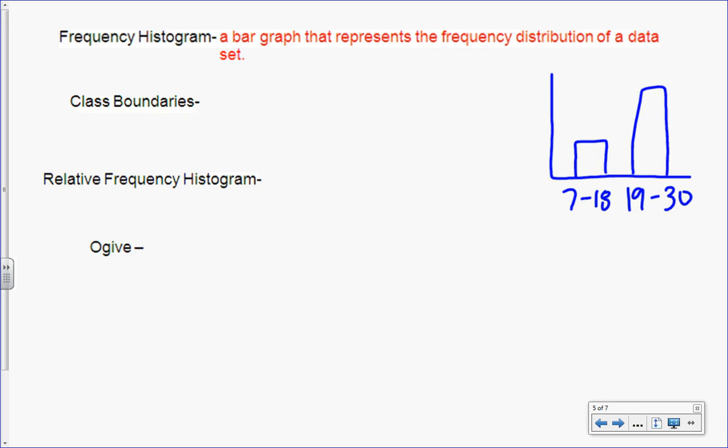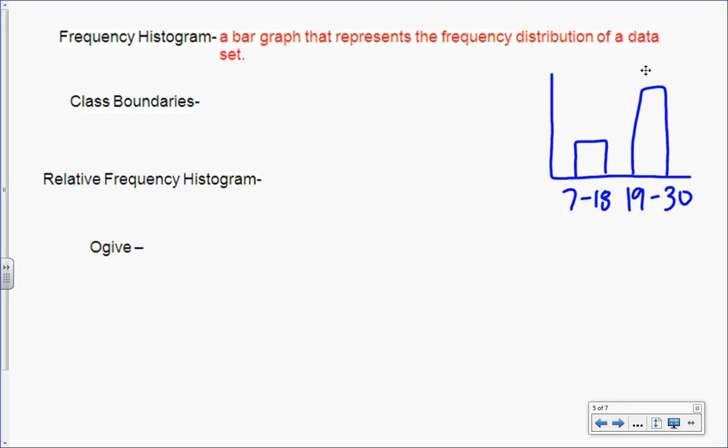How come my bars aren't touching when I made that? Because I strictly went from the information on the other page. Well, what would you do with 18 and a half? Does that really fit into any of the classes that we made? No. Did it matter in the example we used? No, because 18 and a half didn't happen. But could that happen in other problems? Easily. So what we do is make class boundaries, is what they're called, because we would really like